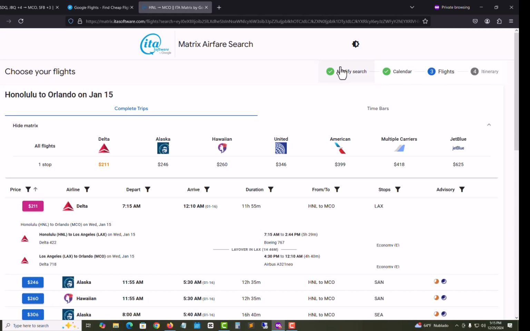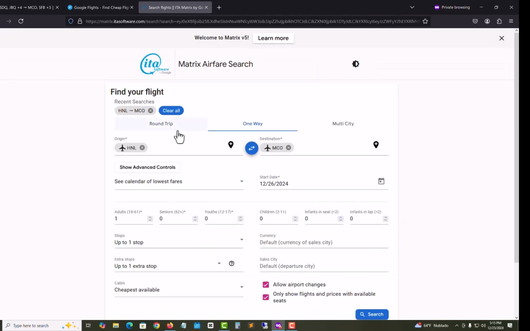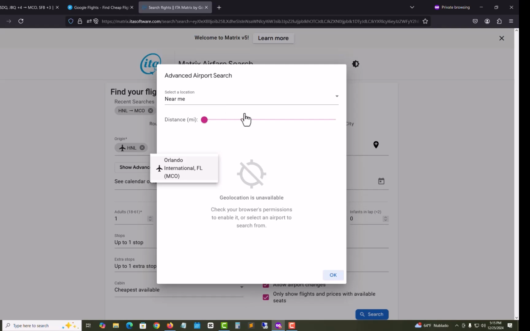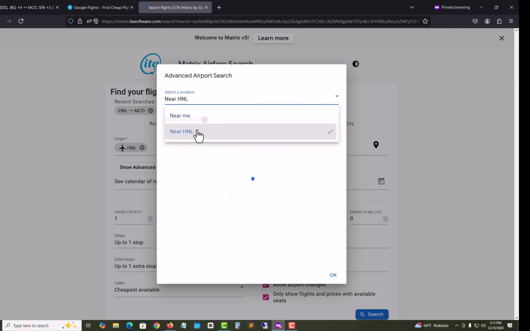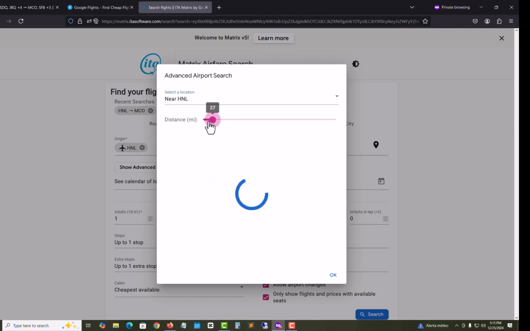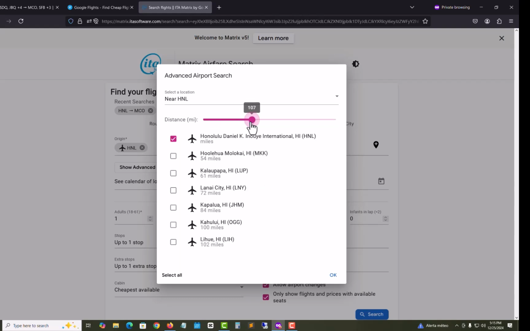But what I want to show you is, I don't know Hawaii. I've never been to Hawaii, Honolulu. This is why I like this. And if Google Flights does it, please tell me, because I don't know how to search it. This is how I find out about airports. What's close to, like, the airports in Hawaii. So I'm just gonna go select all,